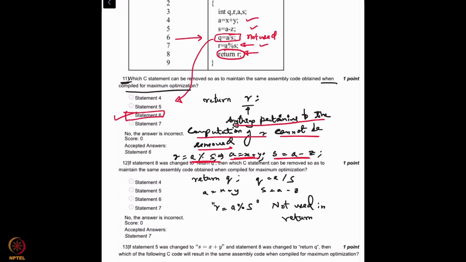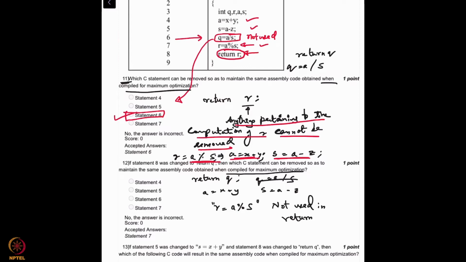Now, let's look at question 12. If statement 8 was changed to return Q, then which C statement can be removed so as to maintain the same assembly code obtained when compiled for maximum optimization? Again, we will look at it using a similar approach. Let's say 8 was replaced by return Q. Now Q is equal to A by S,